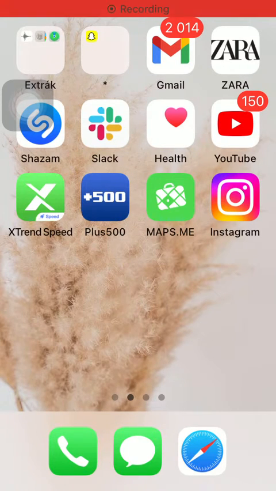Hello guys, in this video I am going to show you how to enable the compass calibration feature on the